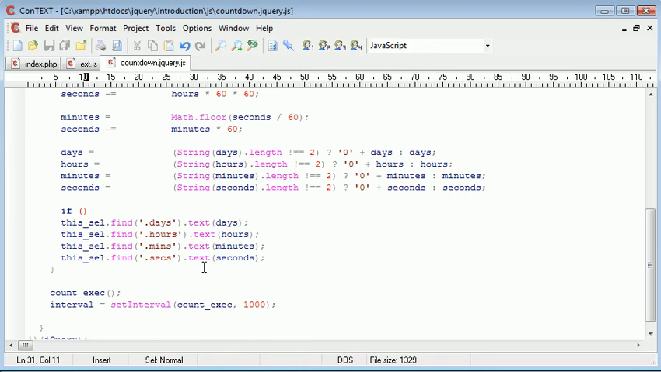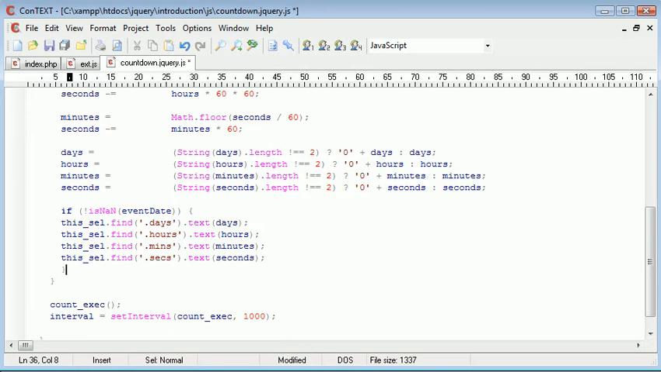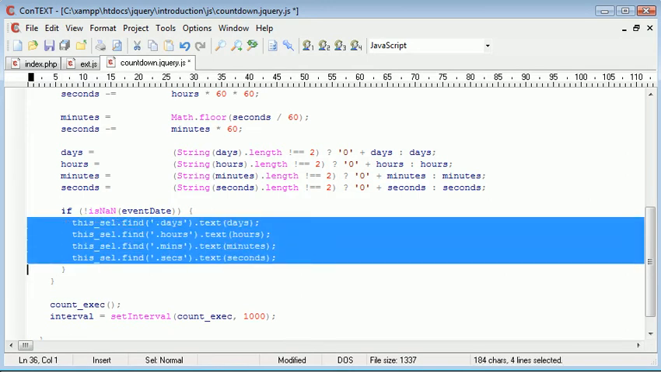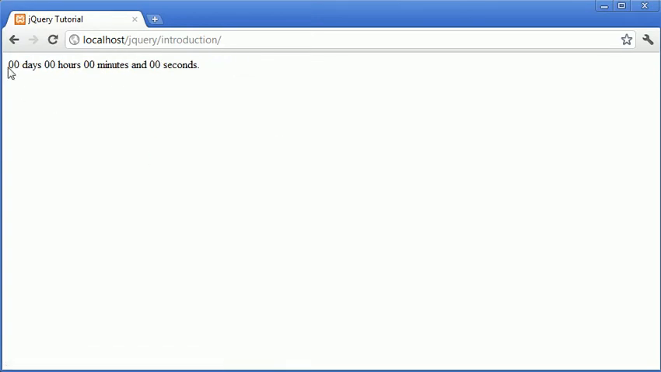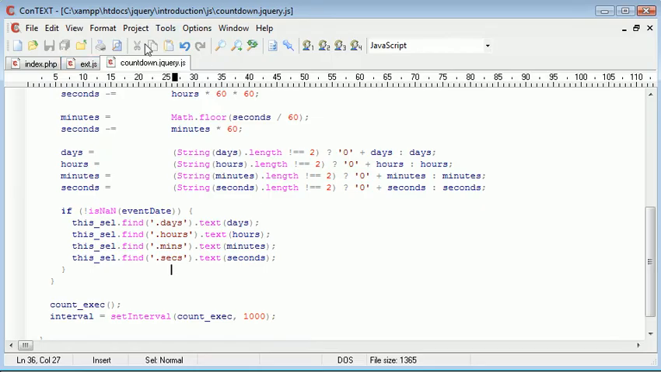But I guess this isn't really a problem. It shouldn't add too much speed to the application. So if is not a number event date, which essentially means if it is a number, then we display these. Now when you see a refresh, we just get these default 0 values here, as opposed to this NaN error,